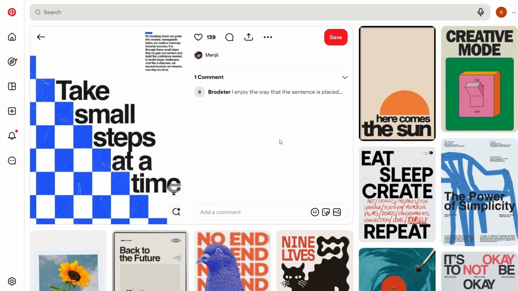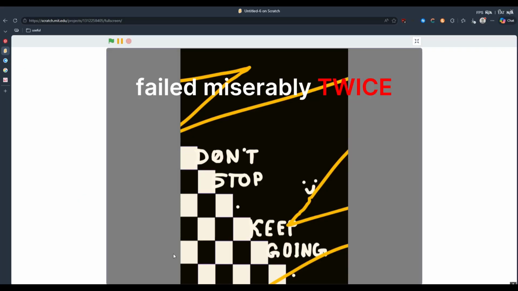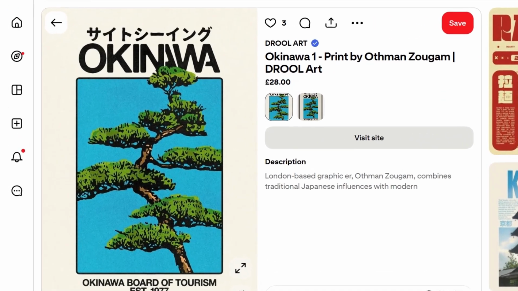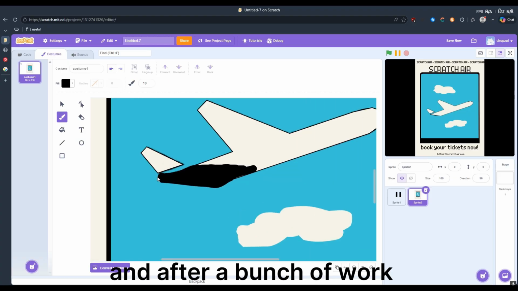I began day 3 with the inspiration of this poster in mind. Trying to make something similar, I failed miserably. Twice. At this point, I was losing hope and I wanted to make a different kind of poster. So I found new inspiration, and after a bunch of work,